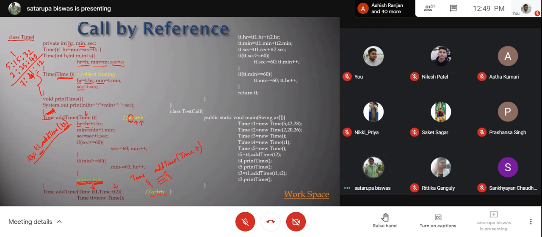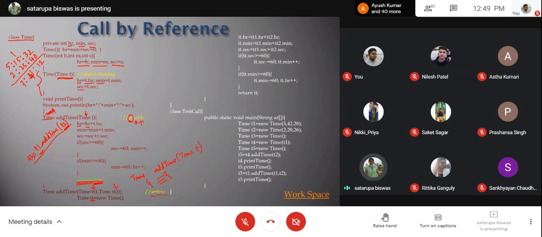How? You know that. So inside it, you have taken a temporary object, TT. Now, TT.hour is equal to TT1 is the first object, TT2 is the second object. So TT1's hour plus TT2's hour.